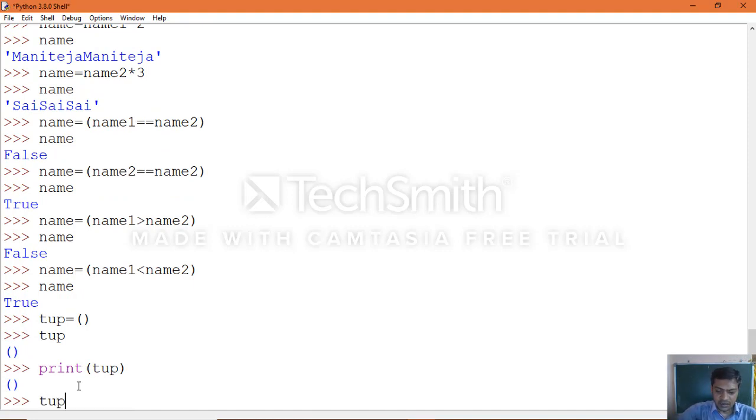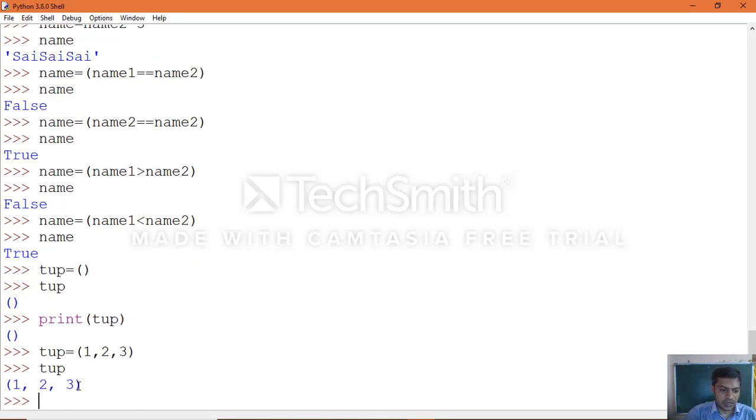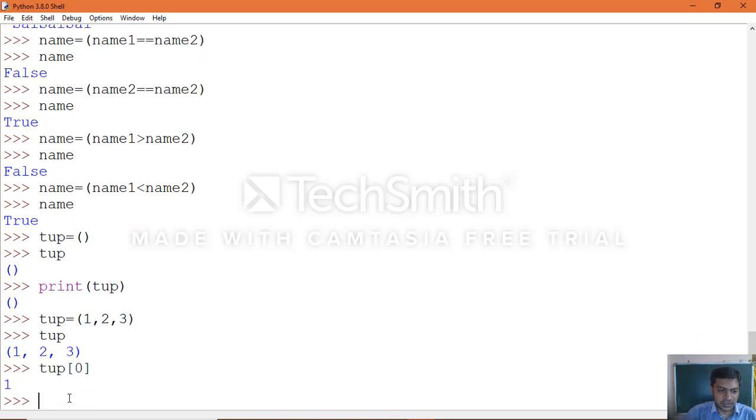You can assign values within the parentheses, always 1 comma 2 comma 3. Now print the tuple value. Even you can access with the help of an index number, as we learned. The index number is used inside square brackets. Yes, we get it that way.